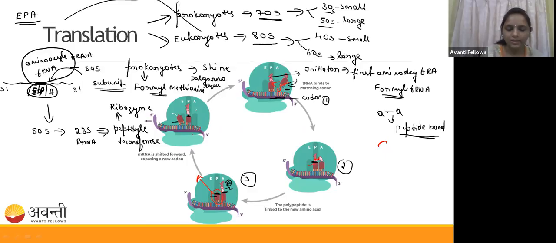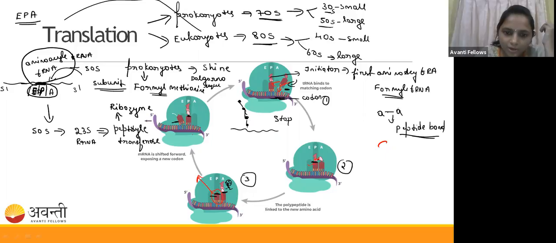Okay. So guys, when the full codon was completed, now the tRNA will get the stop codon. Okay, stop codon. So this is mRNA. Till this, the protein was synthesized. Okay, till this, protein was synthesized here. So this is the protein that was synthesizing.